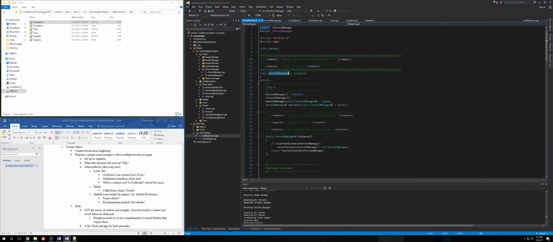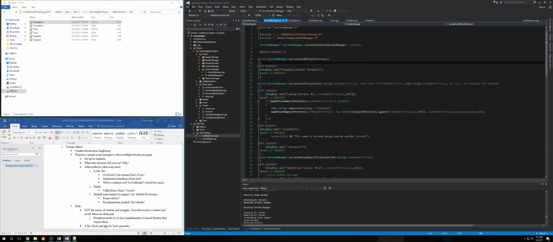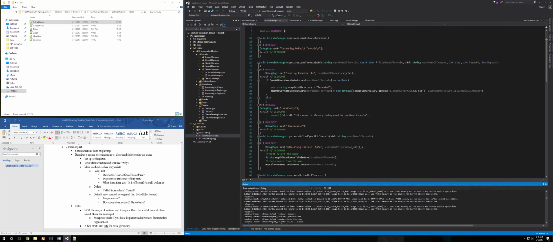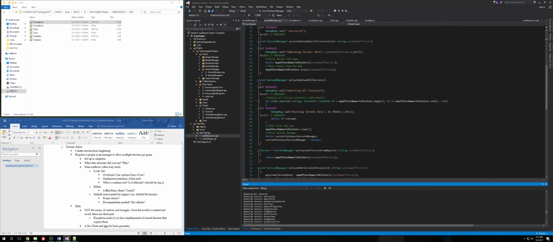Going into the terrain manager once again, let's go into here. I have debug out, which is a macro just to print out all these things. I'll go all the way to the top, and as you can see, we load our terrain right here. So right here, I'm going to assume these are right here. This is the call. So we load it. It's a success after we've loaded it. And at the very, very end,